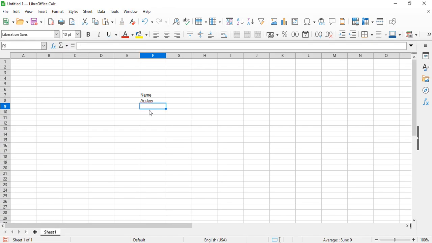Once you've entered your data, the next step is to highlight the column that you want to sort. For example, if you want to sort your data based on names, click on the header of the column containing the names. Highlighting the correct column is crucial as it tells Calc exactly what data you're focusing on for sorting